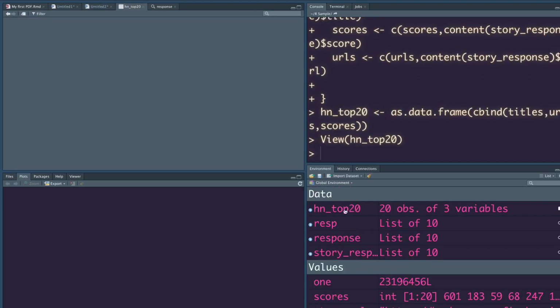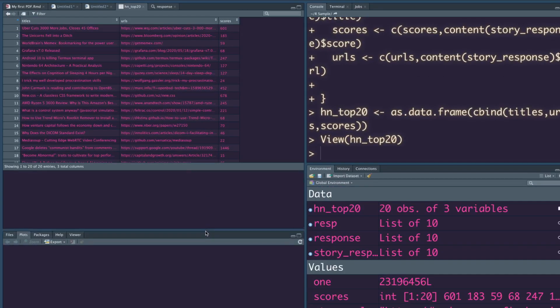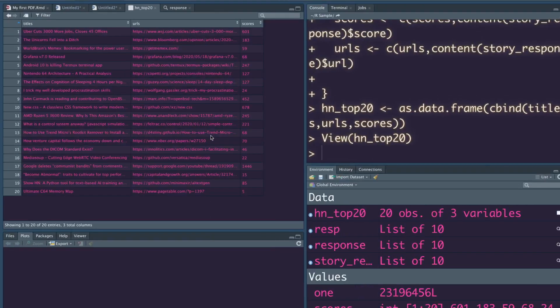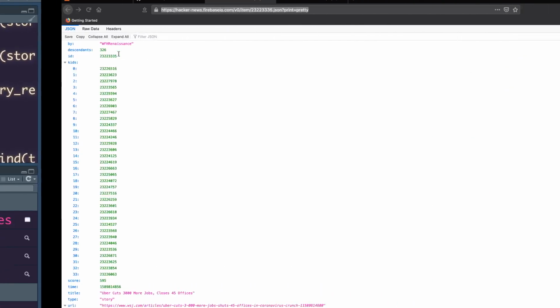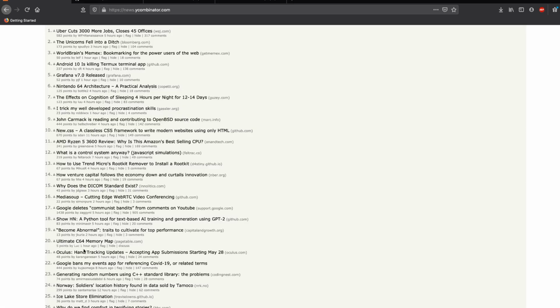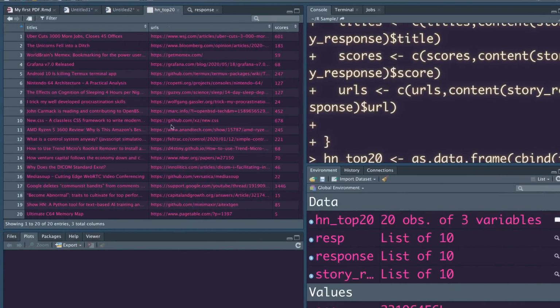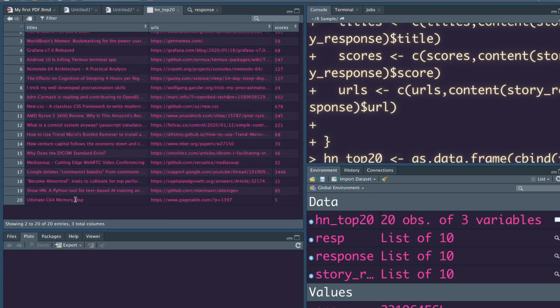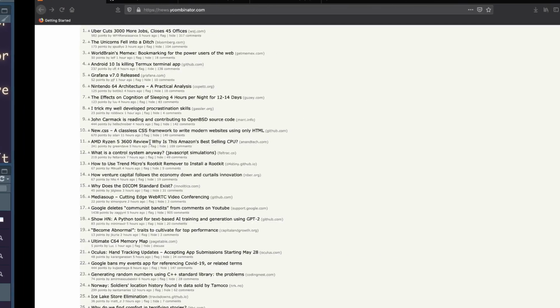And now we can look at the data frame, and you can see that we have got top 20. Whatever we see here is top 20. So let's say this 20th is Ultimate C64 Memory Map from pagetable.com.